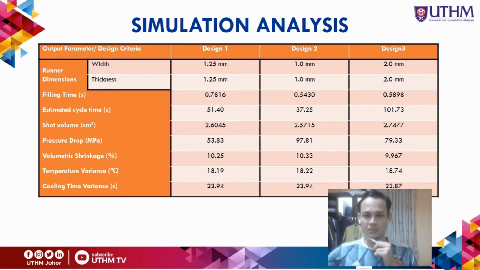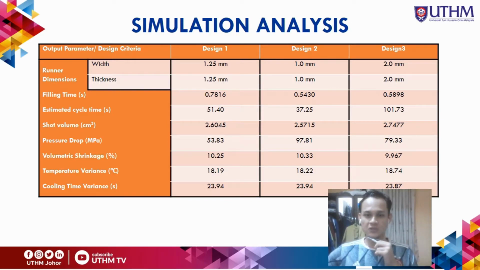As observed in the table, the cycle time for each design is not directly proportional to the filling time result, especially for design 3, as it has the largest cycle time, 101.73 seconds, but not the target fill time of 0.5898 seconds. The factor behind this is that the size of the runner in design 3 needs to consider another process of injection, such as cooling time. While the smaller runner, design 2, has the lowest cycle time, 37.25 seconds,